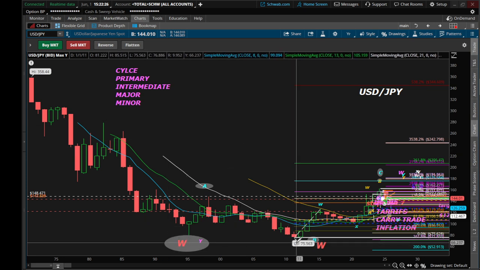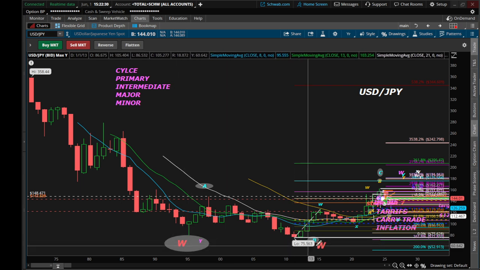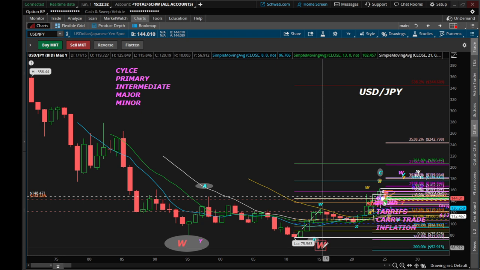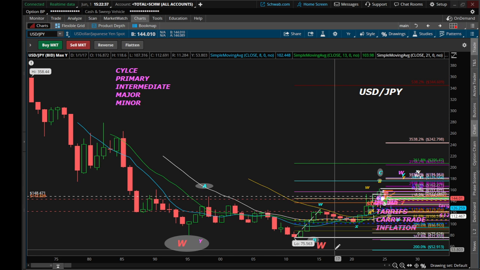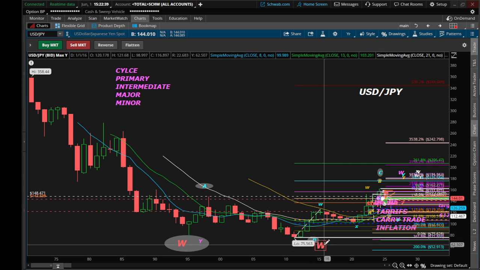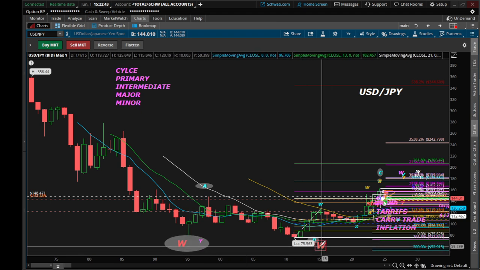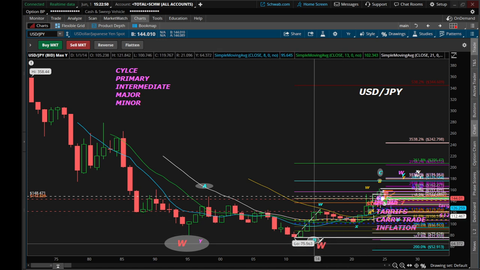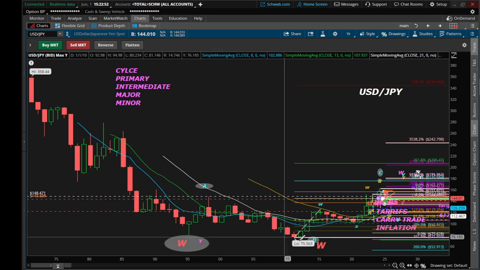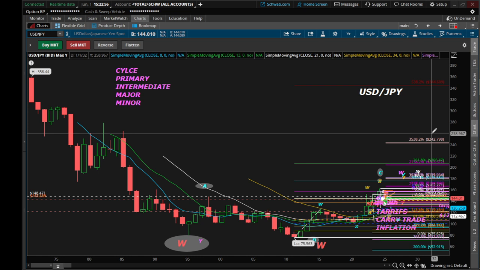Here in red, I have two counts. The alternate will be in the oval, and my main count, I don't want to say primary because that's an actual degree, so my main count will be without the oval. Let's do the main count first, and we have a W, so we're looking for a WXY pattern. We have the W down at 75.563, and we're looking for our X up,